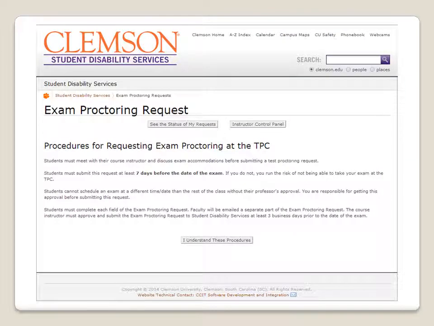Once you click the page, the next screen is going to review the procedures for requesting exam proctoring at the TPC, the Test Proctoring Center. The student must enter the request 7 days prior to the exam date. They cannot schedule the exam at a different time or date than the rest of the class without the instructor's approval. Once they click the I understand these procedures button,